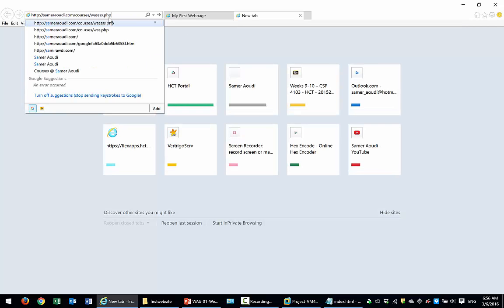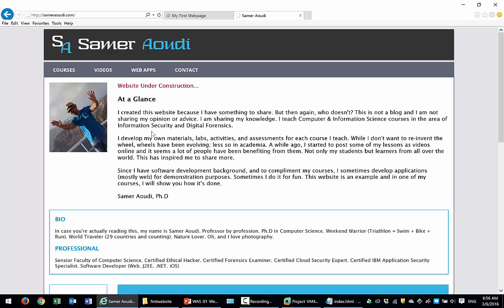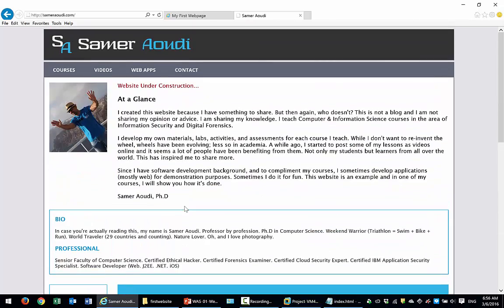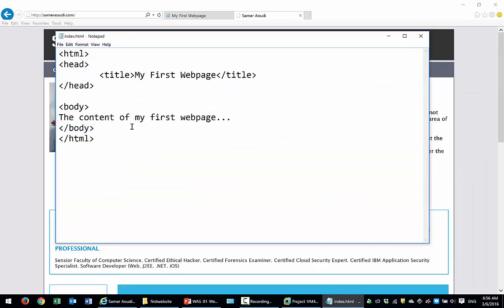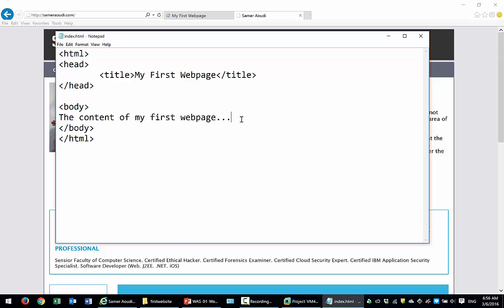Okay, so that's the title, my first web page, and that's the body. So the entire page is basically the body. And if I go back to, oops, here, basically all of this that you see is inside the body tag. Okay, so if I go here and want to go in a new line, let's say